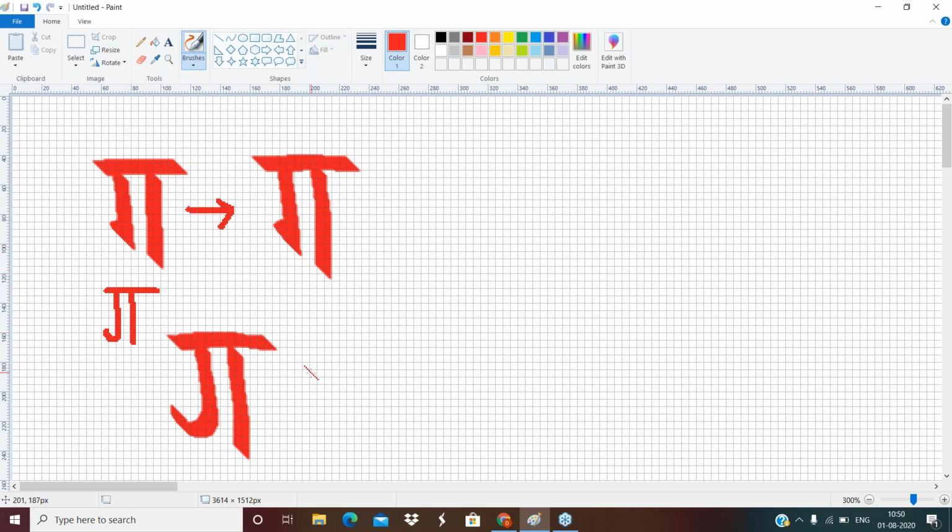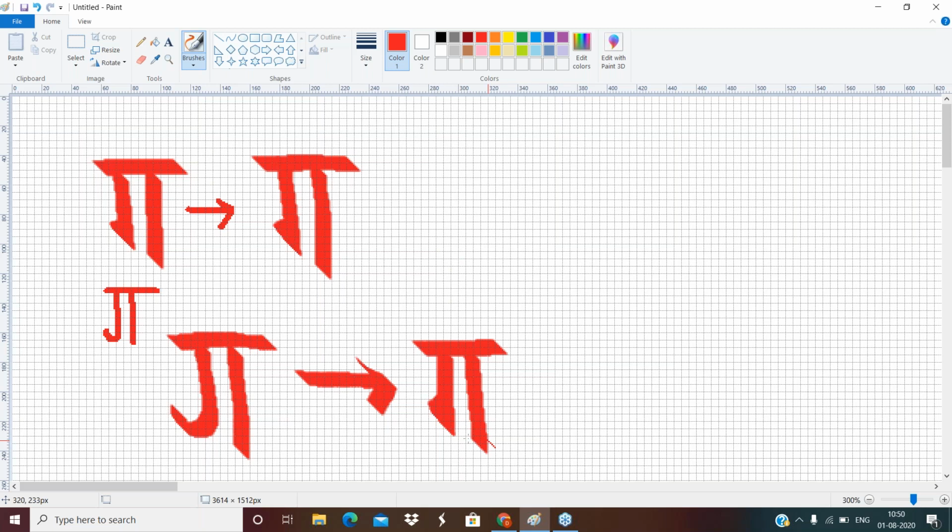But in Sharda, when you have to show G, it should always be like this only. So you make a little bit round type of hair triangle, and then you bring it down slightly. The second line is a little bigger than the first one. So this is Sharda G.